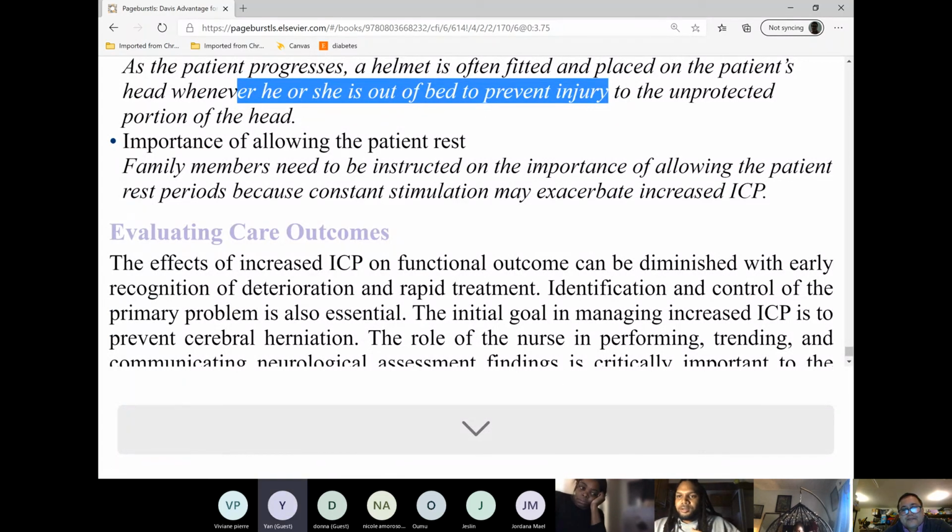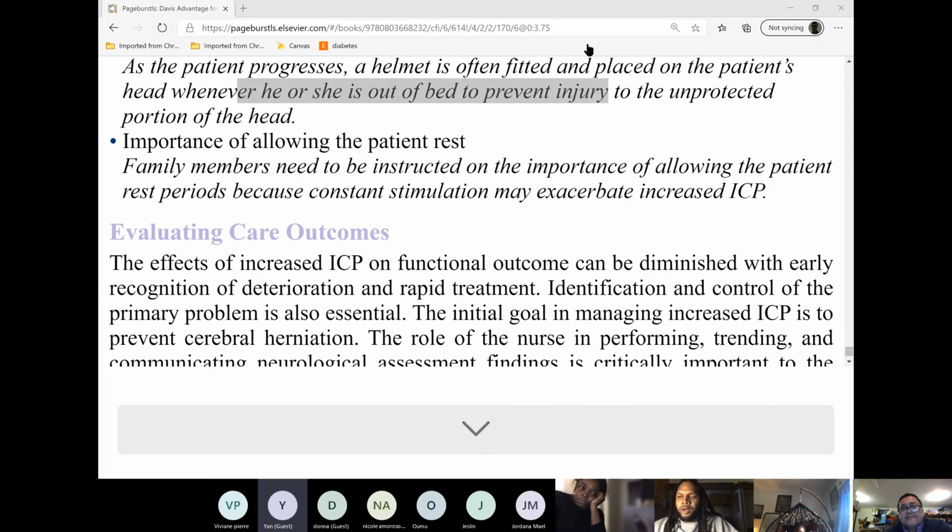Professor, quick question. So if the increased ICP is due to hemorrhage, how